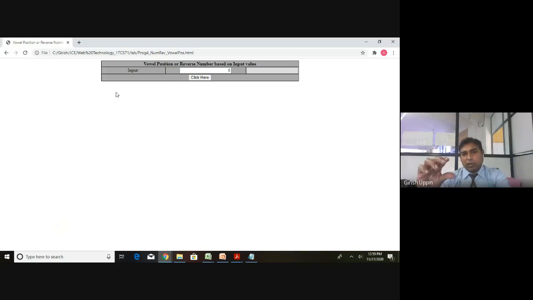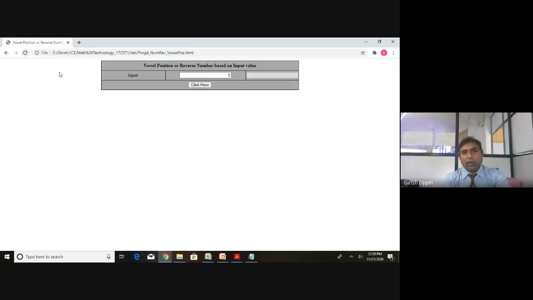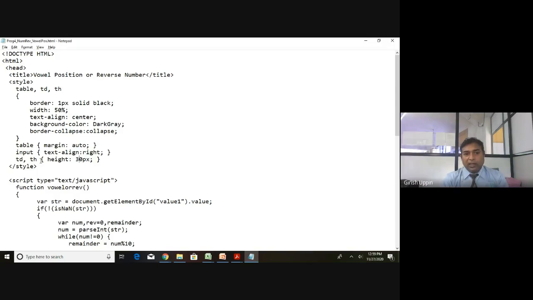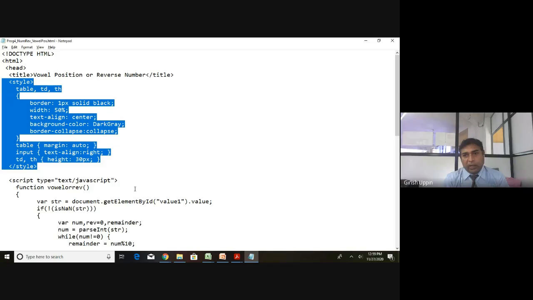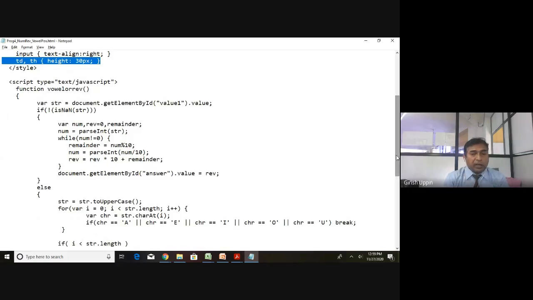Okay, this is how it was looking, very clumsy. All the controls are clumsy, so I just increased the height. This is also default. If you want to do that, you can do it. I will give 30 so that it will look cleaner. 30. Now you can see the height is a little bigger. I have given it for TD and TH. Now that is the end of the style. This is the style you are going to apply, which is exactly similar to your first program. And in the first program also, if you want to increase the TD and TH height, you can do that, so that you will have the common code, common style.